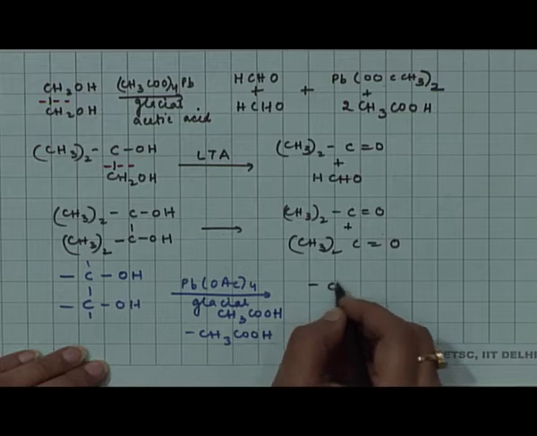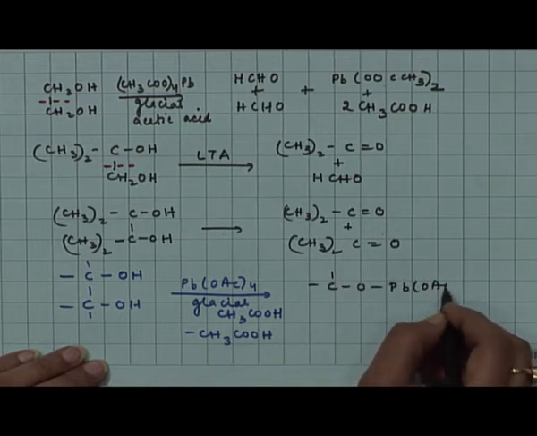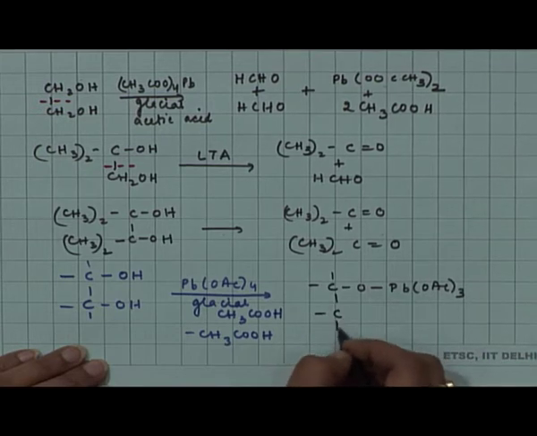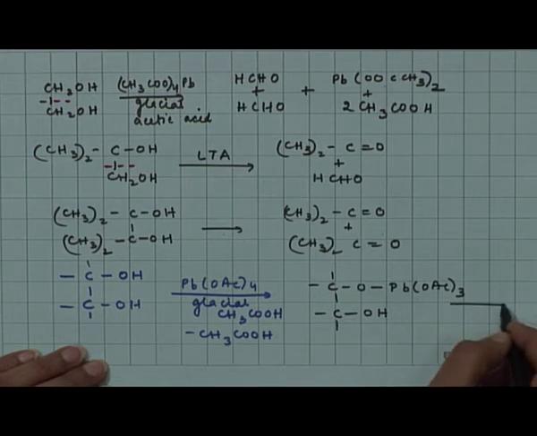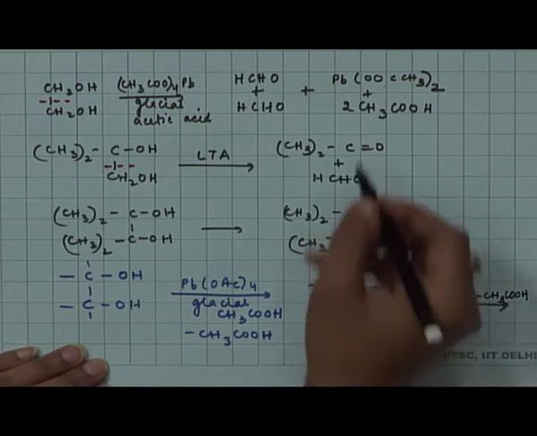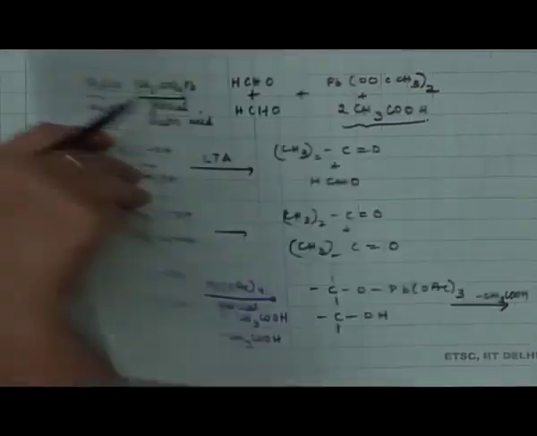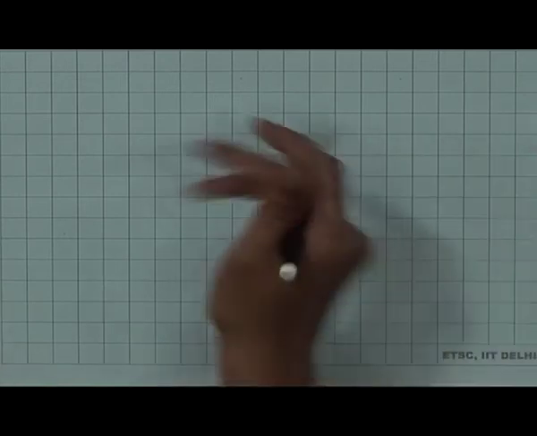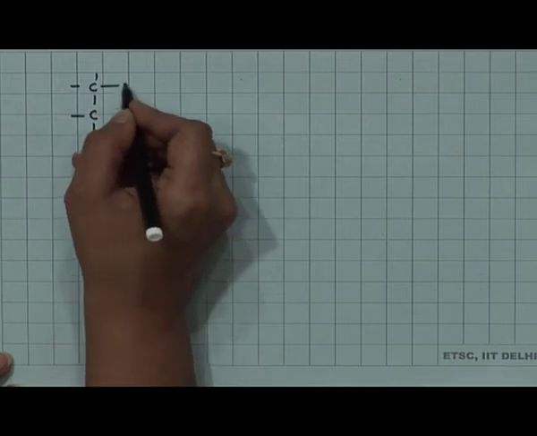So, it leads to the formation of this intermediate, and this does not stop here. There is loss of another molecule of acetic acid, as we saw in the final equation, 2 molecules of acetic acid are being lost. So, another molecule of acetic acid is lost and we get now the cyclic intermediate